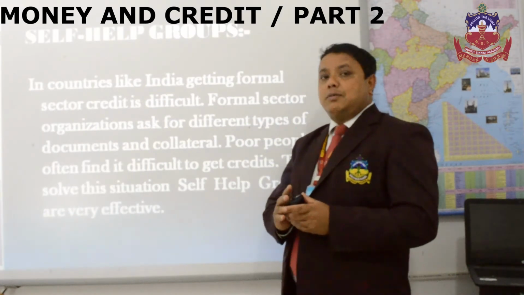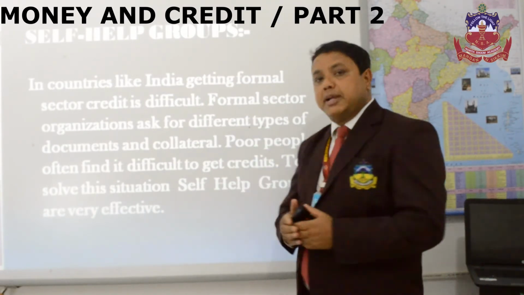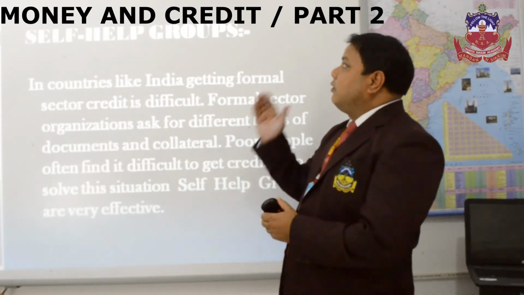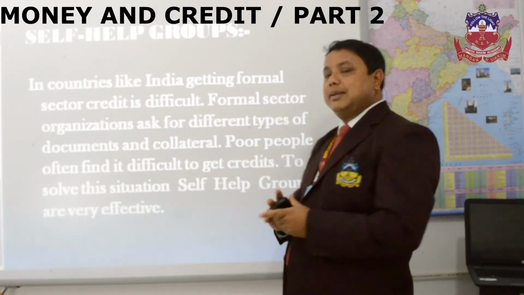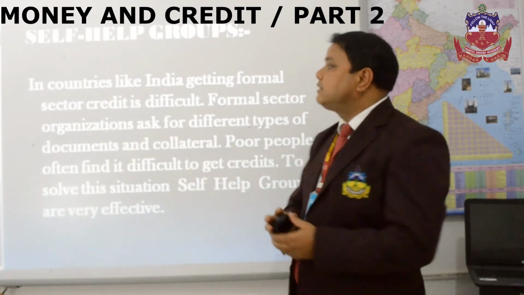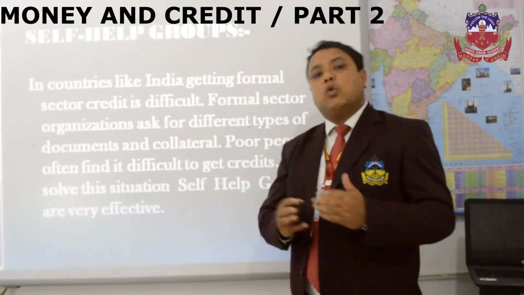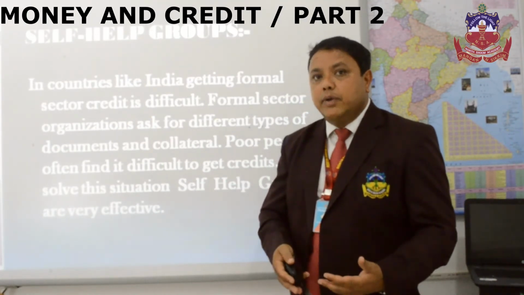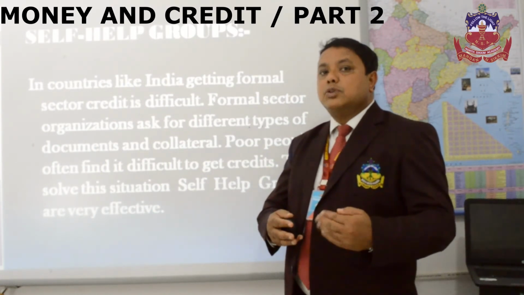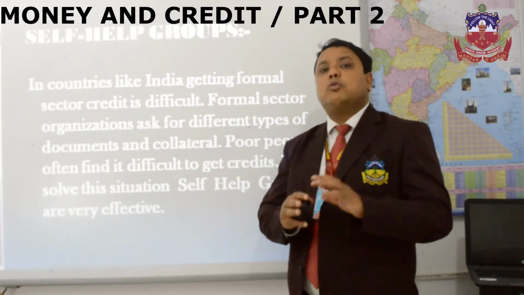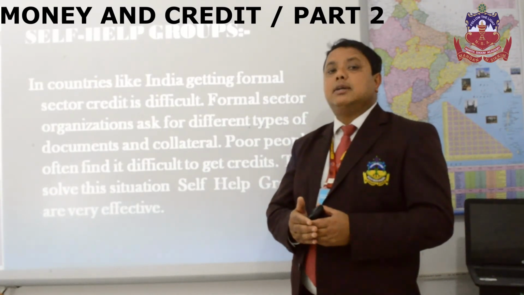Coming to the next point now, to solve the situation of difficulties created by informal sector credit, we have got organizations like self-help groups. In countries like India, getting formal sector credit is very difficult because we have understood that in organizations like banks or cooperatives, we need to show different types of documents. We need to show collateral as well. We need to accept the interest rate also. So there is so much paperwork. There are so many formalities to be fulfilled,